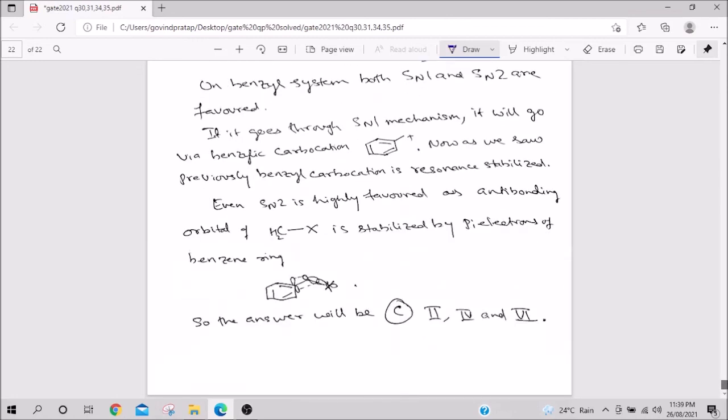Second, the SN2 reaction is also highly favored. Why? Because I drew it like that, but actually I should have drawn the anti-bonding molecular orbital, something like this. The bonding side I should draw small, and the anti-bonding bigger. But generally we show the bond like that, so I just show it like that. Basically, benzene has a p orbital, and this p orbital and this anti-bonding pi orbital overlap. And when they overlap, this transition state is very, very stabilized, and therefore the leaving group becomes a wonderful leaving group, stabilizes, and therefore the nucleophile attacks. The SN2 reaction is highly favored on benzylic and allylic positions.